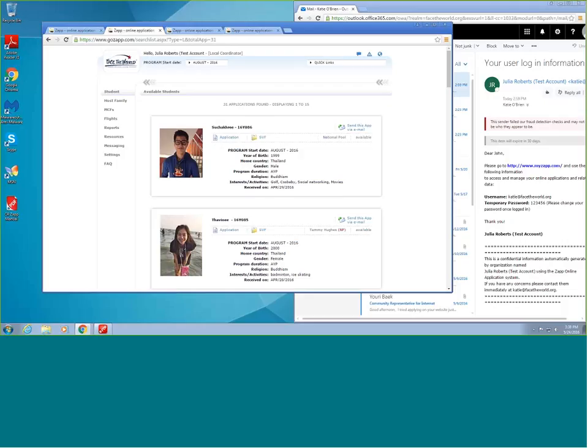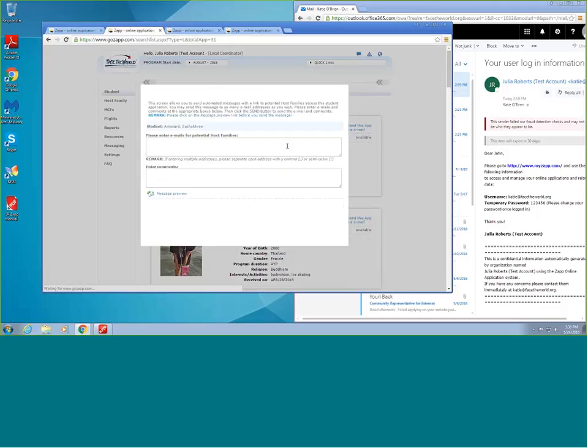This is their basic skeleton profile. You can click here to view their application, their more detailed student virtual file. You can also send an application, a skeleton application, to a potential host family by clicking on this link. You enter in the emails and any comments you'd like. A message preview actually just says, please take a look at the student, and then they'll get a very skeleton